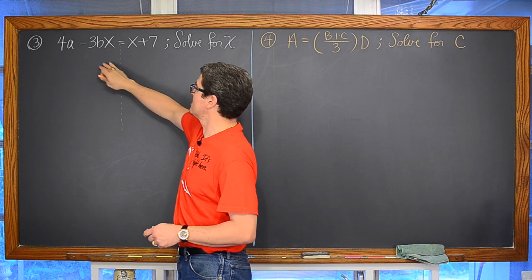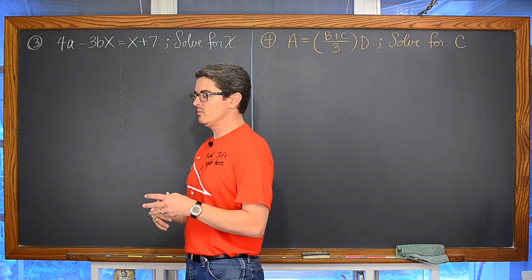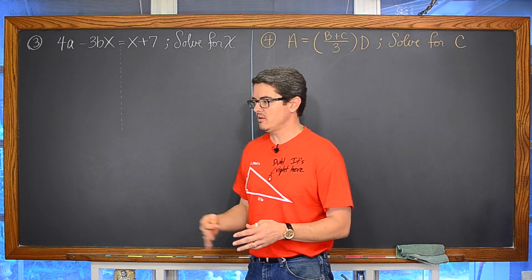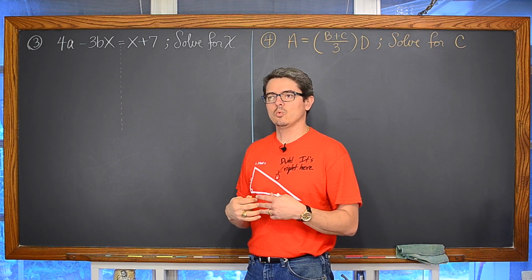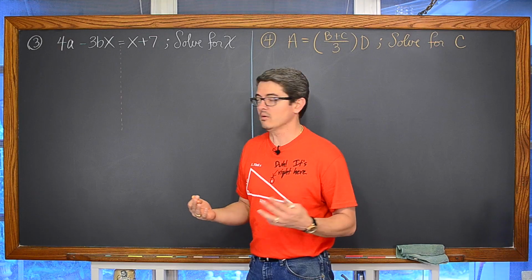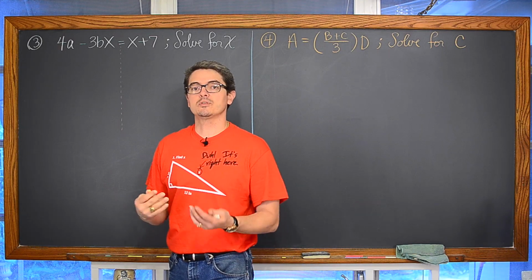So I'm going to move this negative 3bx over to the other side, and remembering that when you're moving an entire term, like you saw me do in the previous 2 examples, where I compared it to a single variable linear equation as a comparison. But when you do move entire terms, you want to do that with addition or subtraction.